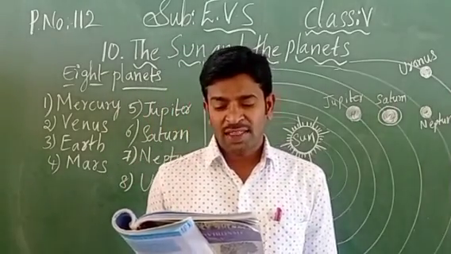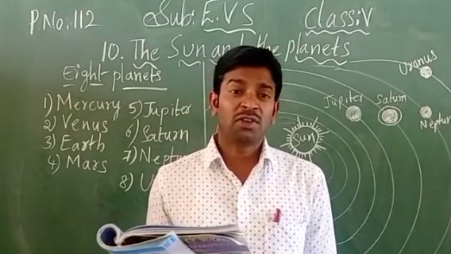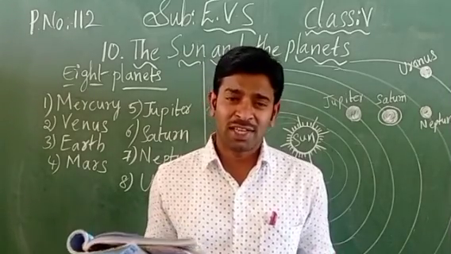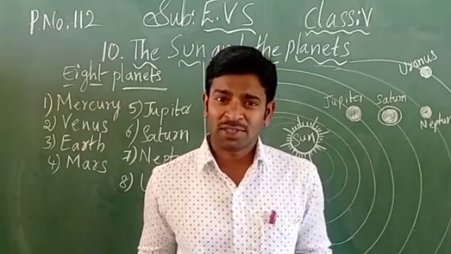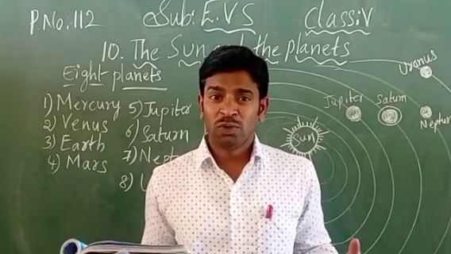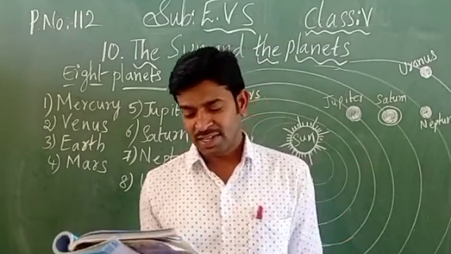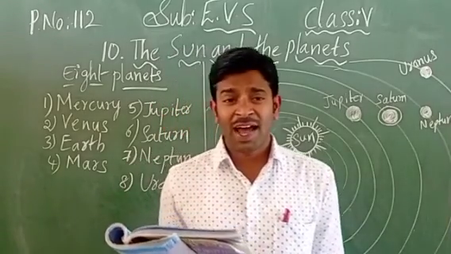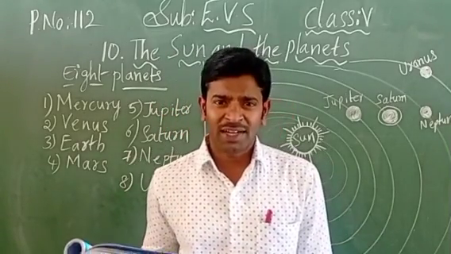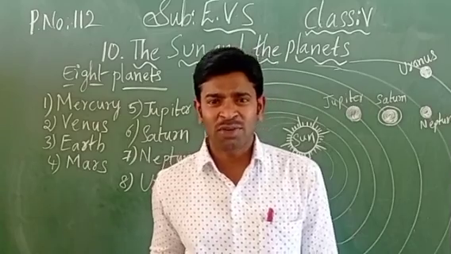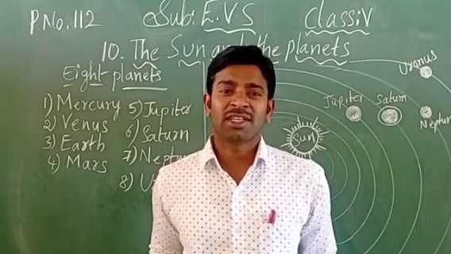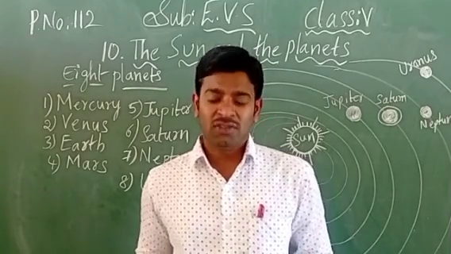Now, what do you see in the sky during night? What do you see, children? During the night time, you are able to see the stars. Yes, you are able to see the moon, in the darkness. Next one. Are they visible during the daytime? Children, during the daytime, are you able to see the stars and the moon? No, you are not able to see the stars and the moon during the daytime.